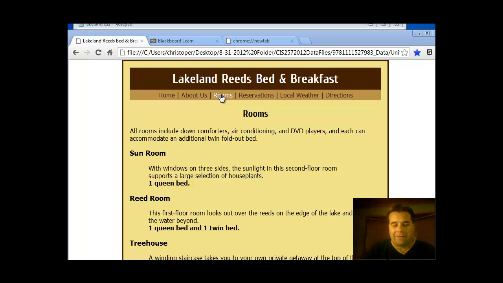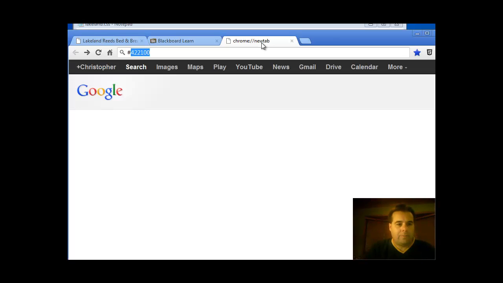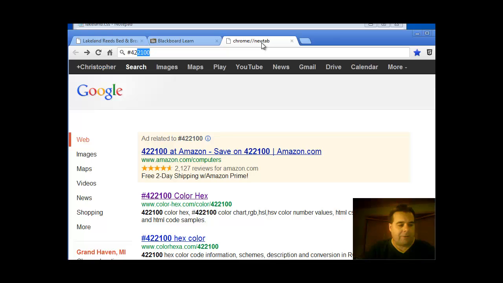Now, one of the questions you may have is, how do we know that brown is what we really expected the color to be? Because the book told us to put a numeric value in for the color. Well, one of the things you could do, and there's a lot of color calculators out there and color pickers, but you could do something as simple as taking the number and putting it into Google. So your number that was specified in the book was